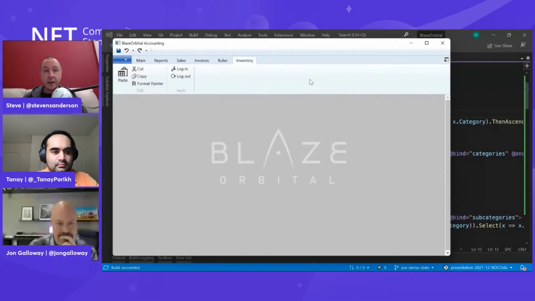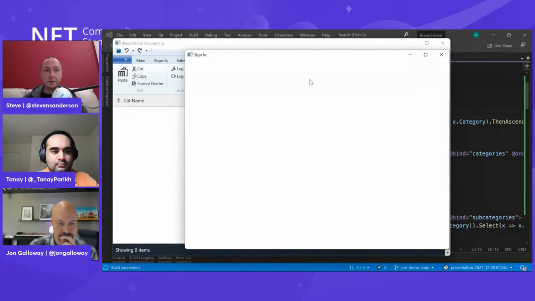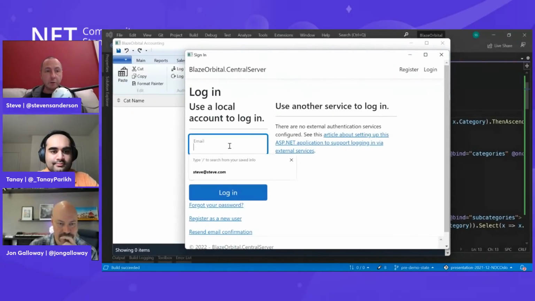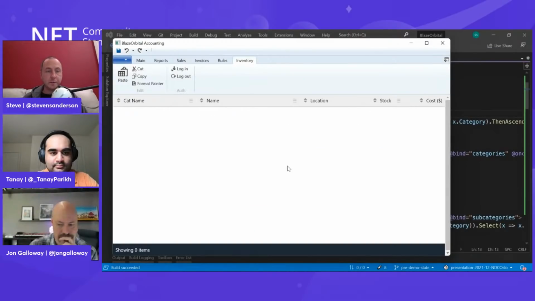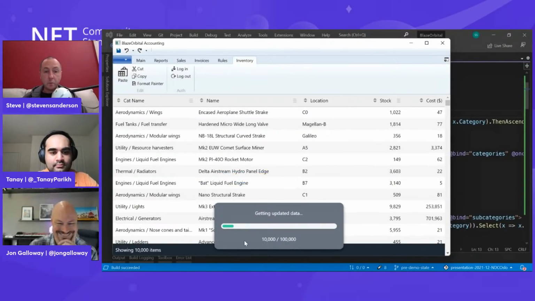So if I switch over onto inventory, then what we'll see is, firstly, it's going to require me to log in because, you know, in the real world, things always require authentication. So again, I wanted to be authentic about that. So we'll have to log in to get an auth token in order to be able to synchronize the data. But once we do, our same code that we had before is running, and it's literally the same code